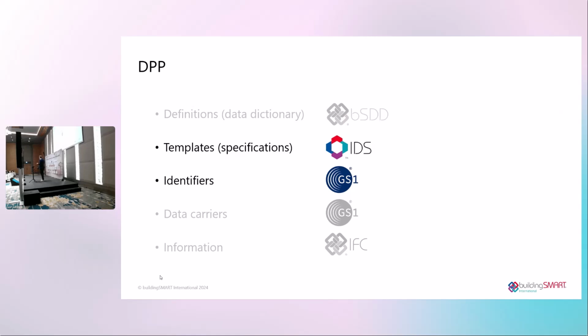Next pair are the templates. bSDD contains general definitions. IFC helps to structure the data in a standardized manner. But how do we tell the contractors, or how do we agree how the data should be specified, if the data is not precisely dictated by the IFC standard? In this case, the IFC standard doesn't contain all of the identifiers such as SGTIN and DLN and so on. And for this, we can use data templates. One of the solutions from the openBIM range, called IDS, can help you achieve that.